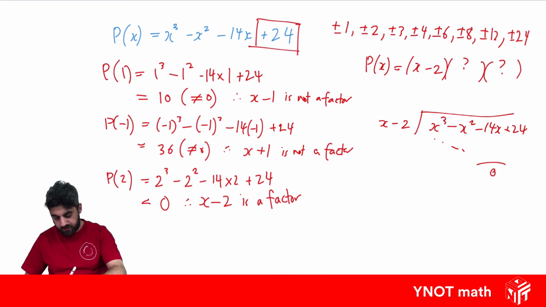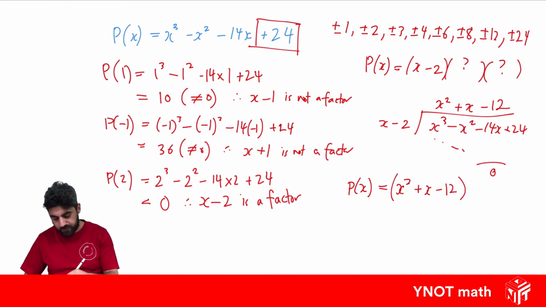You would get a remainder of 0, and you'll get x squared plus x minus 12 as our answer, which means that now P of x, our function here, can be written as this multiplied by this, because there's no remainder. So therefore P of x is going to equal x squared plus x minus 12 multiplied by x minus 2,